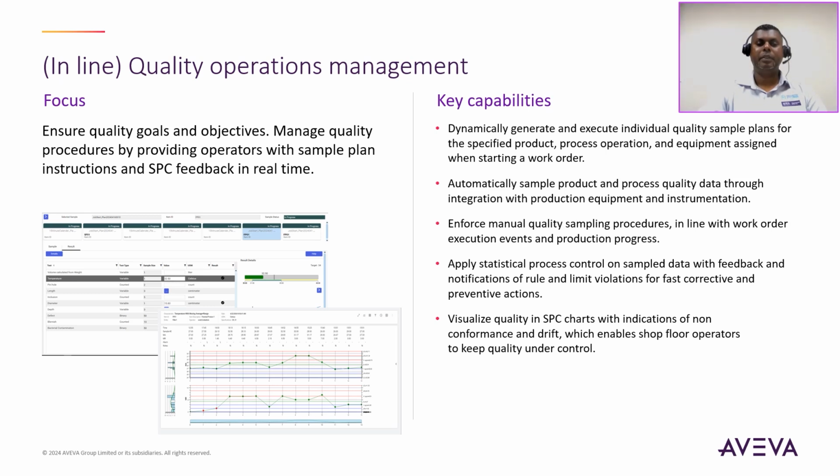Quality management. AVEVA MES safeguards product quality and safety compliance by automating quality inspection and enforcing data collection procedures. The software applies quality data sampling requirements according to the quality specification defined for producing a product and related process operations, so operators don't have to do this distracting, difficult to manage task.